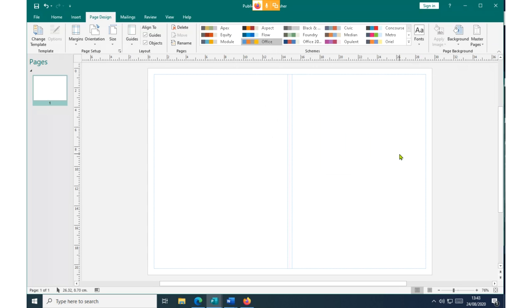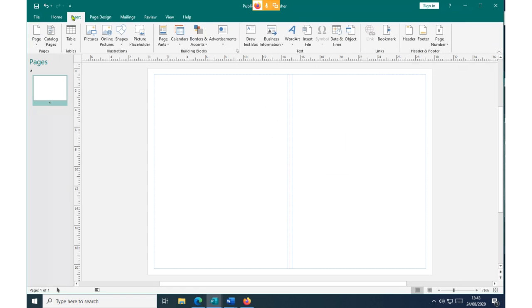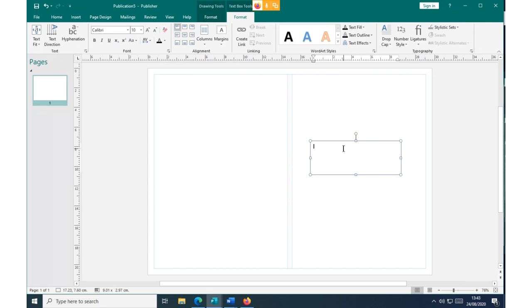Class, let me add a text box and tell you what we have done. This particular design, normally this will be our front page. Allow me to increase the size so that you can see what we're talking about.